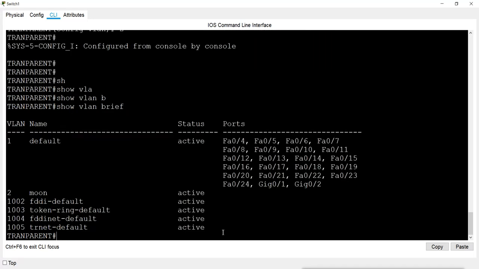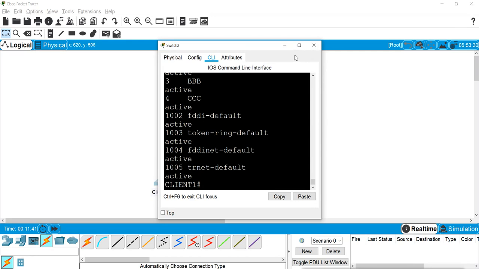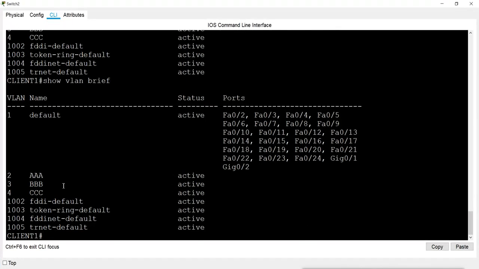And this VLAN will not be replicated to anyone, not a server, not a client. If you check on clients, there is no information about that VLAN. It is only getting the information of the VLANs from server.